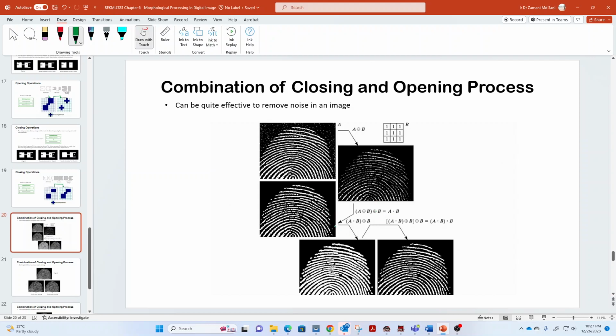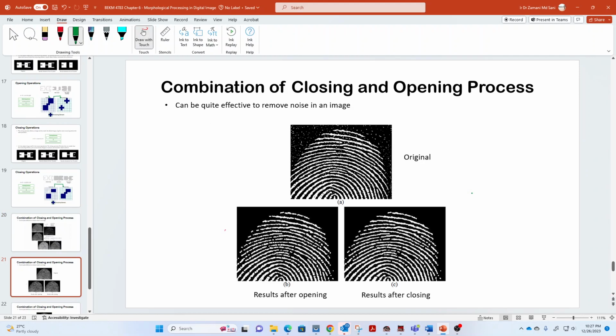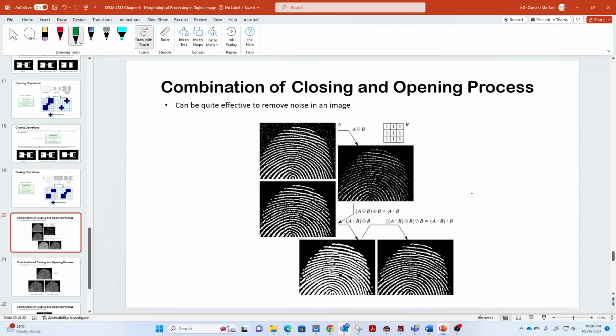This is the process, and this is just the mathematical representation of it, and this is just the example that we had just now. If you use the process of opening and closing, just now this was just the opening, and